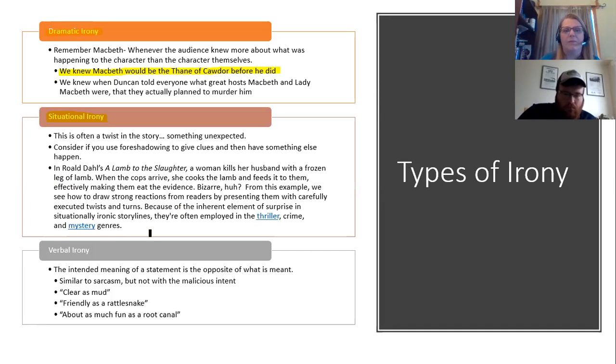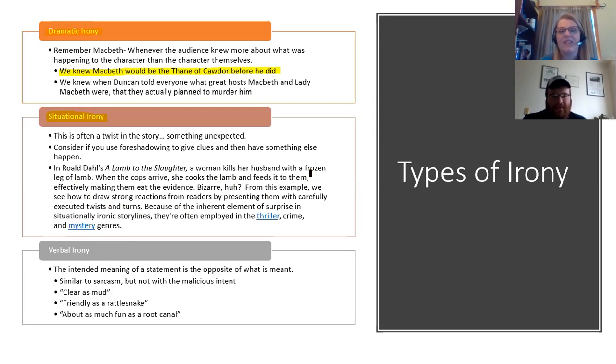in Roald Dahl's A Lamb to Slaughter, a woman kills her husband. Okay, that's bad. She kills her husband with a frozen leg of lamb. When the cops arrive, she cooks the lamb and feeds it to them, effectively making them eat the evidence. Bizarre. From this sample, we see how strong reactions from the readers come from presenting them with carefully executed twists